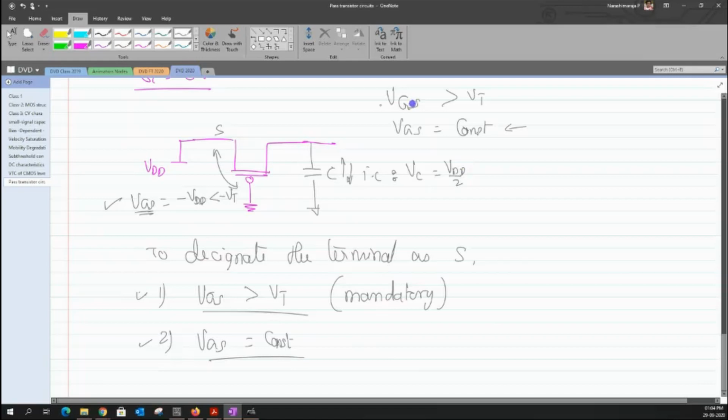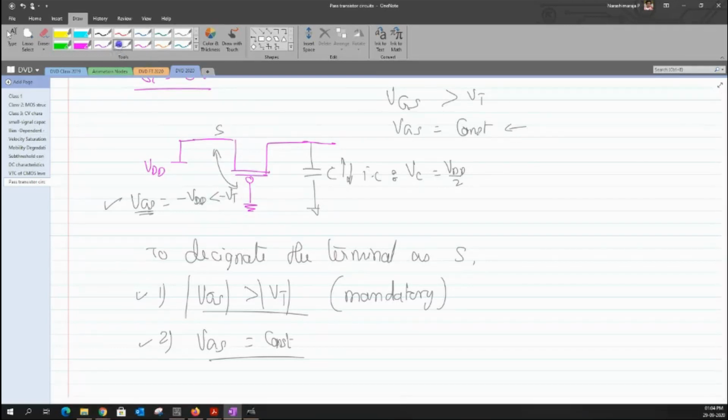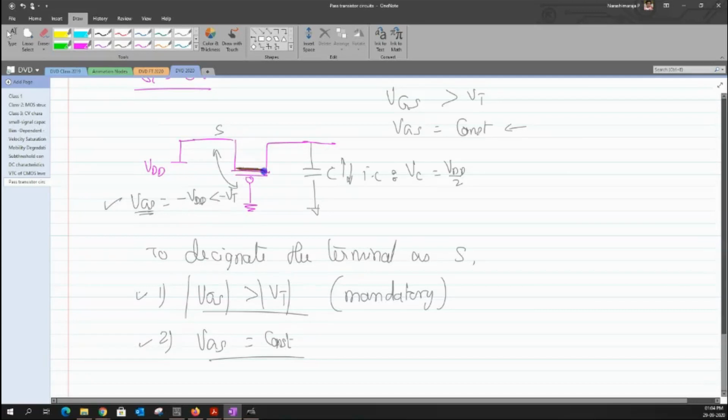Now in this case, we could see that the value of VGS is greater than the value of VT. I'm just taking it in terms of magnitude so that you do not get confused with this circuit. So the transistor is on, due to which you can create a channel. Once you have a channel, what happens to the charges across this capacitor? We already have certain charges across the capacitor, such that the initial voltage across the capacitor is equal to VDD by 2. Now what happens to these charges? Will these charges increase or decrease? You can think of it as a switch. There is a switch.